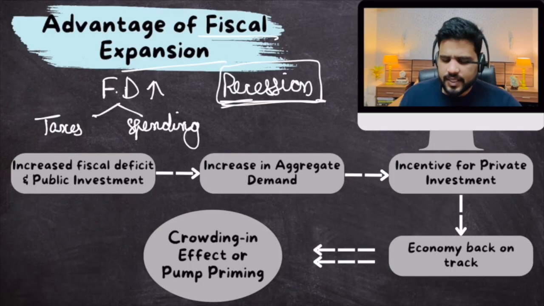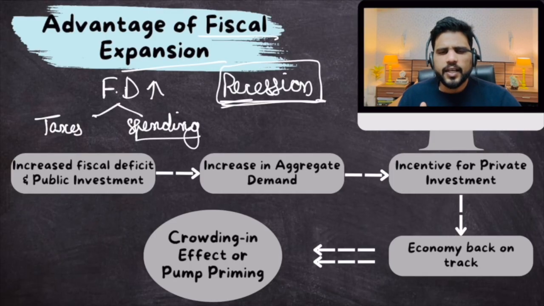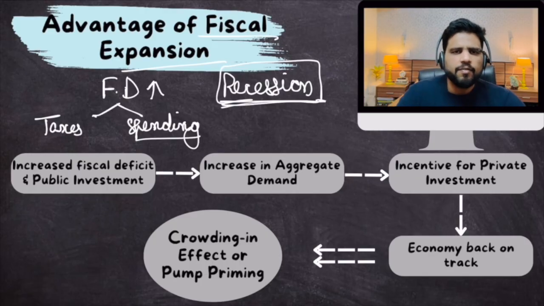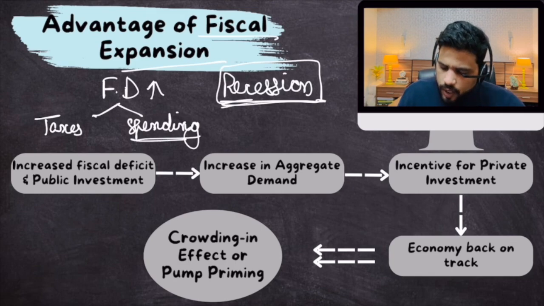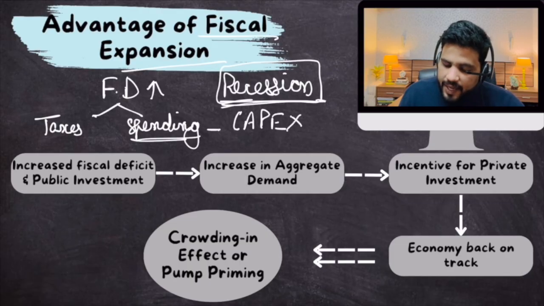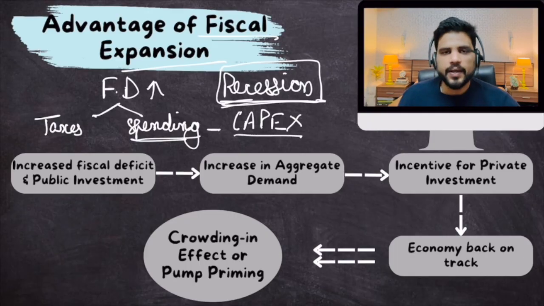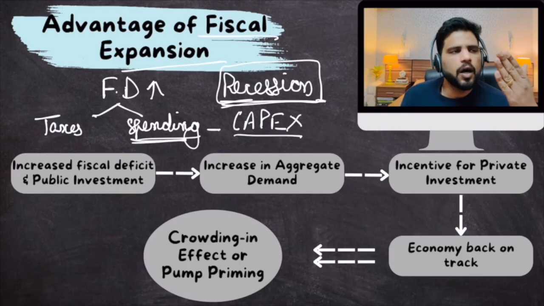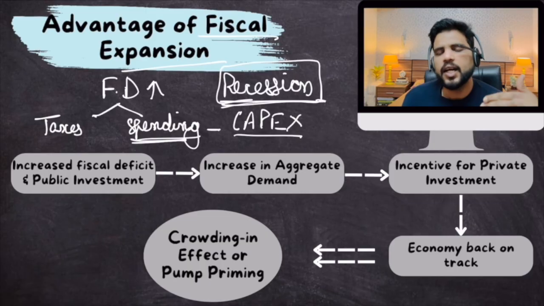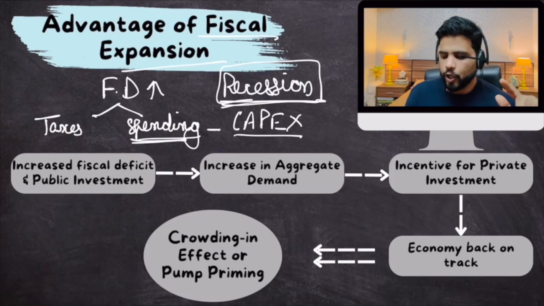And fiscal expansionists say that this spending shouldn't be targeted towards subsidies, salaries of government employees, welfare schemes. No. This spending should be targeted more towards capital expenditure, public investment. So the increased spending that you're doing should be towards roads, bridges, electricity, infrastructure, and other types of infrastructure. Why? Because